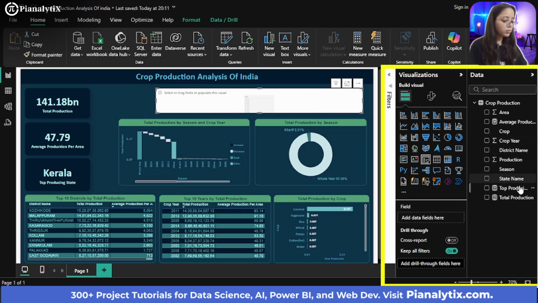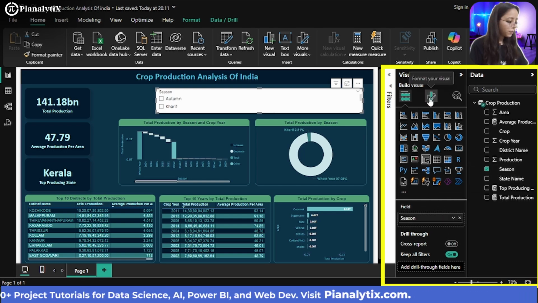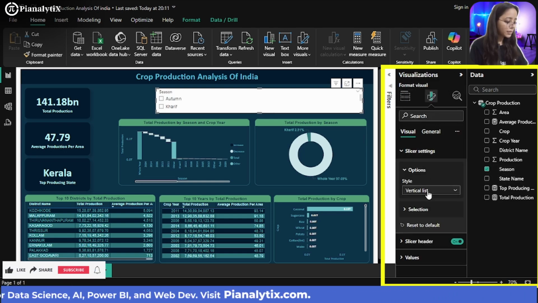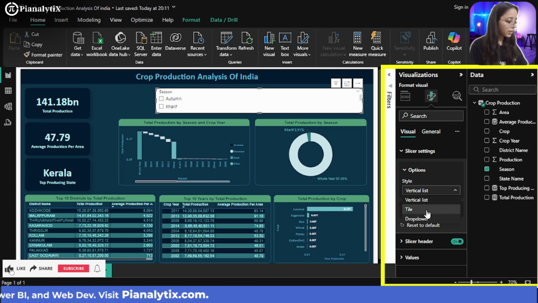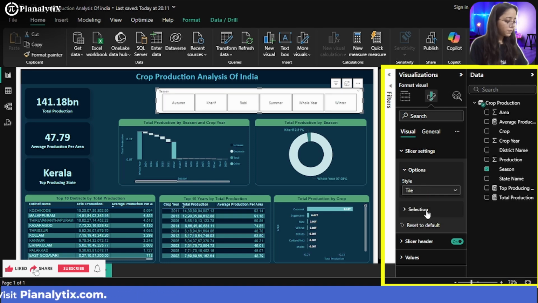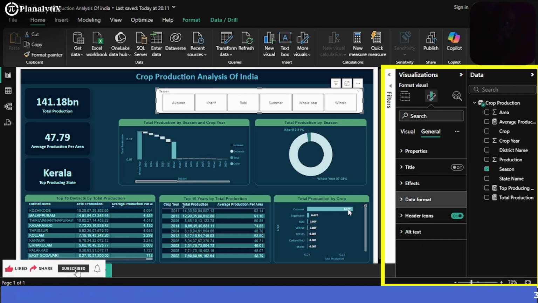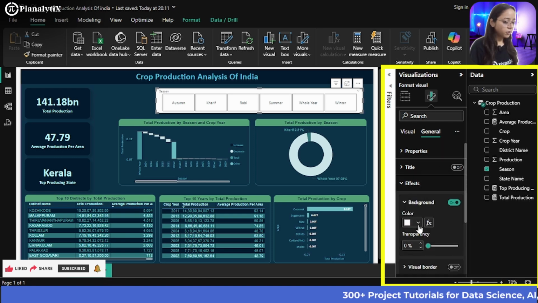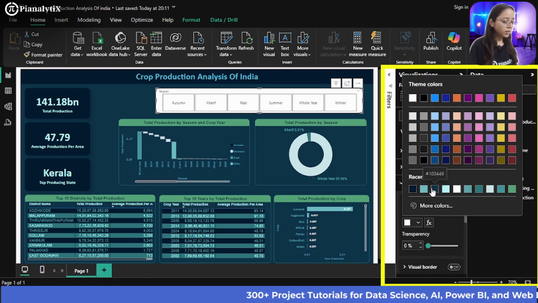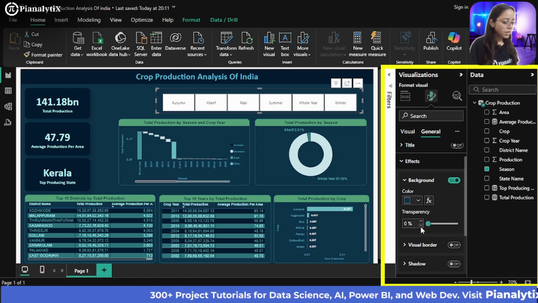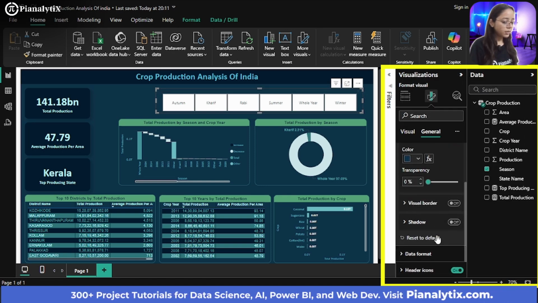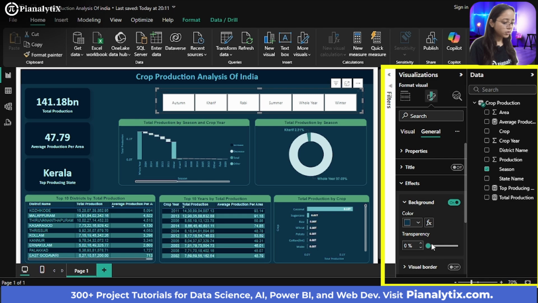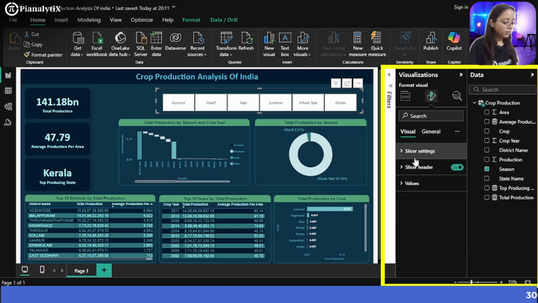Now I will choose the season as my field for the slicer, and then I will go to the slicer settings and choose a tile here, and go to the general section. Once we are in the general section, I'm going to click on the effects drop-down menu and choose a color according to the canvas, and there is no need for the visual border and the shadow.